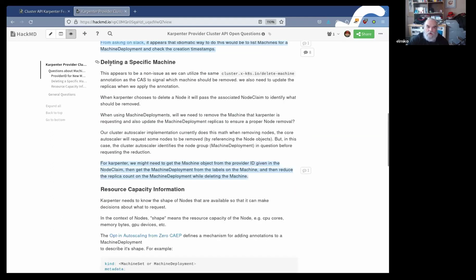Another issue, although I think we have a solution for this as well, is deleting a specific machine. So cluster autoscaler normally just wants to increase and decrease replicas. Rarely it will ask to delete specific machines. And then we also increase the replica count. So I'm guessing Karpenter is going to have to do some knowledge of node groups, all individual instances. So it's going to be delete this, delete that machine, and we're going to have to figure out a way to make this happen in a way that's not